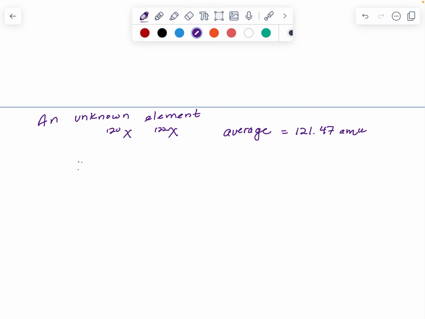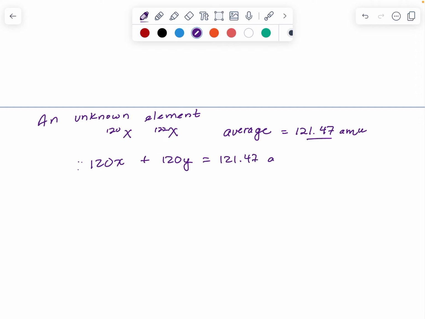When you are calculating the average mass of an element, you take the mass and multiply it by the percentage it occurs in nature, and you write that percentage as a decimal. So X, if it were 50%, it would be 0.5. And so we take the other isotope and multiply it by its percentage, and we know that the average is going to come out to